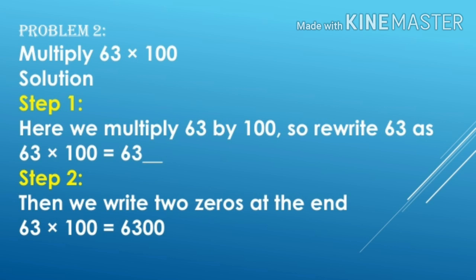Let us understand how we can multiply a whole number by 100 quickly. Here, to multiply a number by 100, you can simply multiply the number by 1 and at the end you put 2 zeros, as 100 has 2 zeros at the end. You can see the example. Here I have multiplied 63 and 100. So 63 ones are 63, and there are 2 zeros at the end. So you will put 2 zeros after 63. So the answer will be 6300.